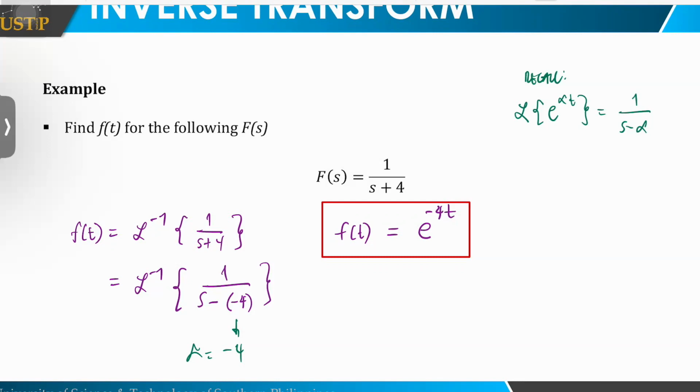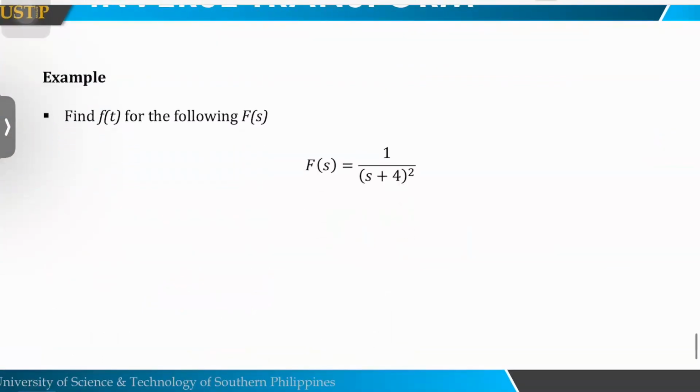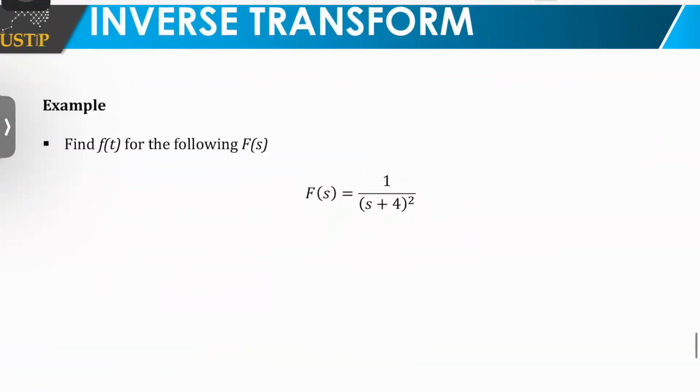Let's go to our second example. How about this one? F of s is equal to 1 over s plus 4 squared. Again, this is not something like cosine, sine, hyperbolic cosine, or hyperbolic sine, because the s is not the one squared. In this case, the whole quantity is squared. So we must recall, class, again,